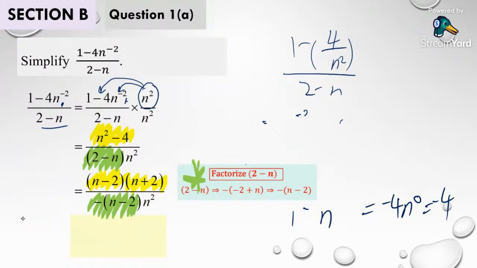Then from there, you should be able to see that I can do cancellation on the next step on n minus 2. So therefore, simplify by cancelling the n minus 2. I have the answer, n plus 2 over n squared. There goes the result. Again, this is not the only answer. You can try a different approach to get the answer correctly, but make sure it's in the correct maths concept.